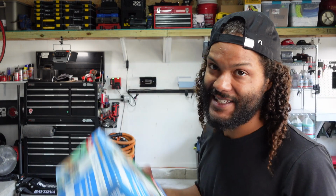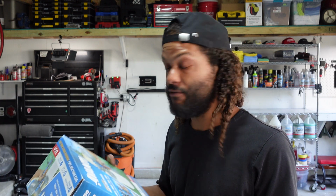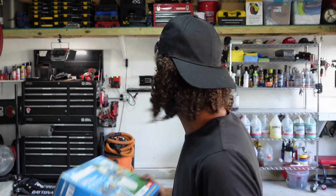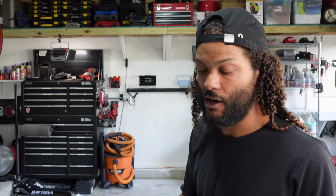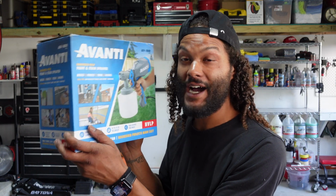Way faster than rolling paint on and all that, but at the same time, it was a little bit messy. But if you're painting plywood or something with some texture to it, that's not like a completely flat surface like drywall, this thing is really gonna help you out, and it was way faster than painting with a roller, and it did leave a pretty nice finish on the wall. So I definitely would recommend this thing to you guys if you guys are looking to paint your garage walls,